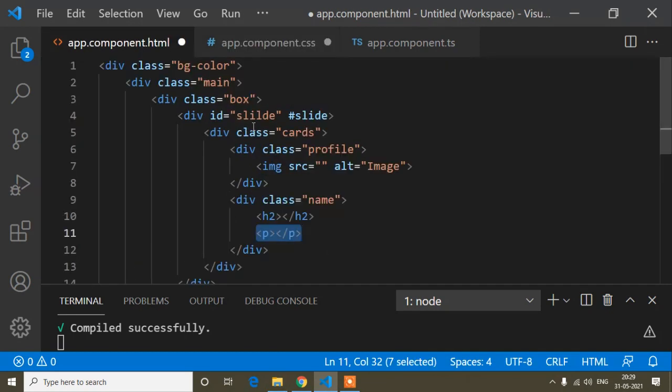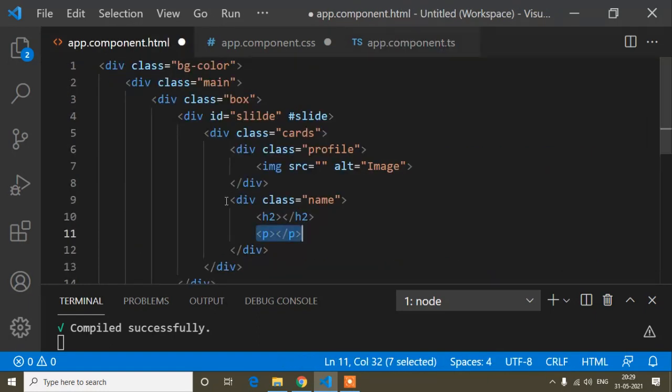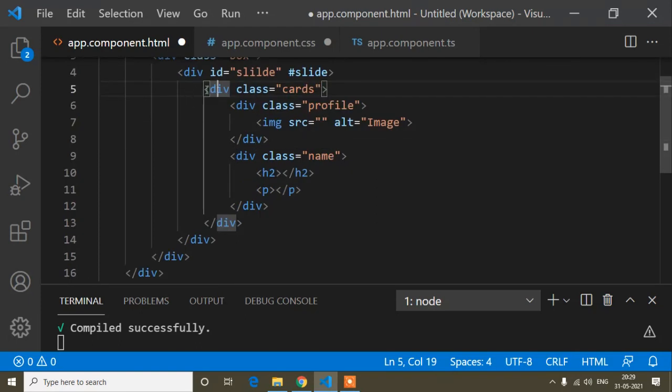Okay, so now here I will bind this array. This array variable I want to bind, and here I want to make this card a loop. So I will bind *ngFor equals to, inside inverted commas. First of all I have to define a variable. So let, we know guys, let is the keyword for defining a variable.